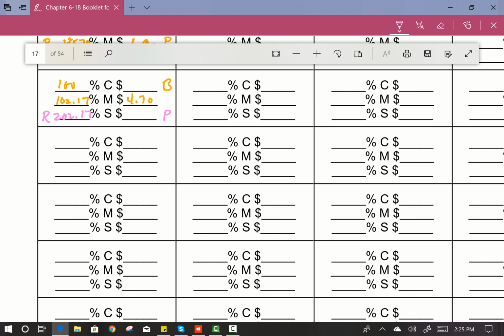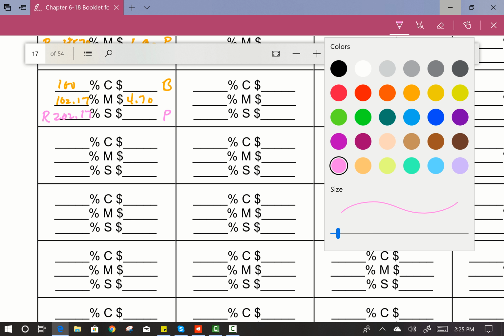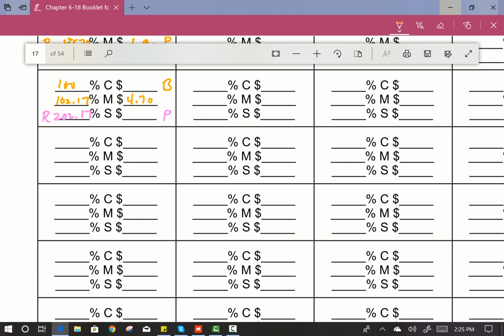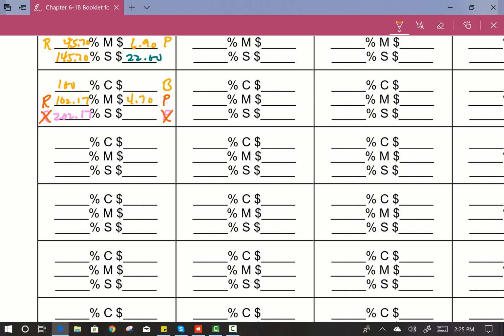So I can't move the base because the percent of markup is based on cost, so the cost is the base. I cannot move it, but I can move the part and the rate. So I'm going to mark out the rate right here, and I'm going to mark out the part, make this one the rate, and go straight across and make this one the part. Now I'm going to solve for the base. The base is equal to part divided by the rate, so I'm going to take 4.7 and divide that by 1.0217,